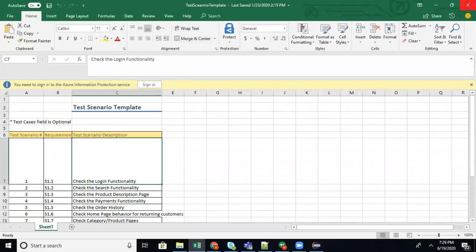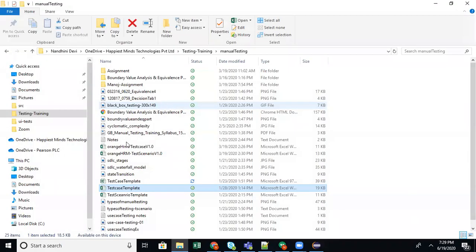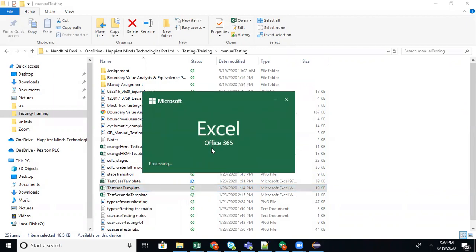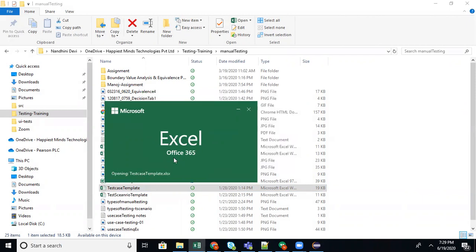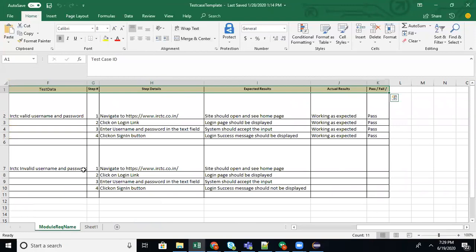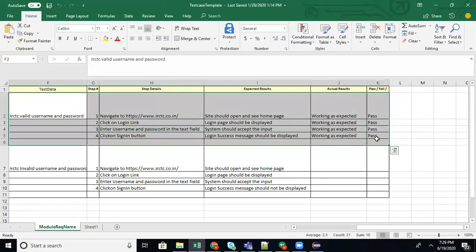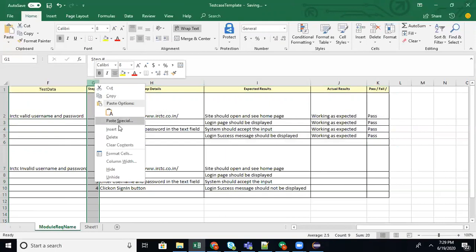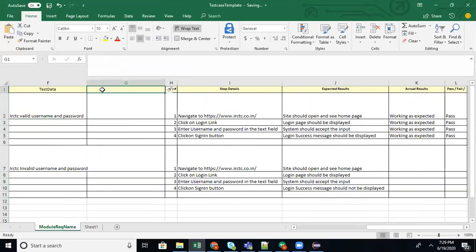Let me close and reopen the one which I wanted to open. So now see, this is one test case. So what is the test case name? There is no test case name. So let's create one test case.